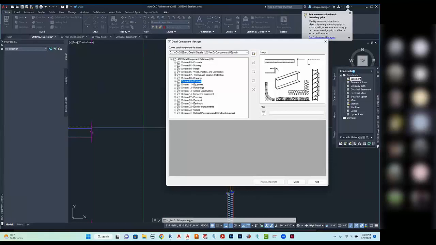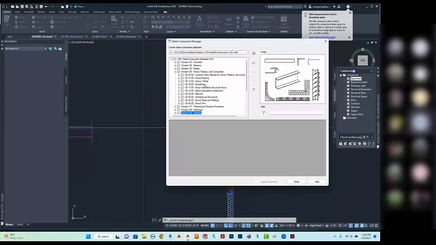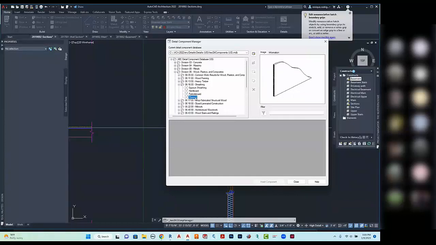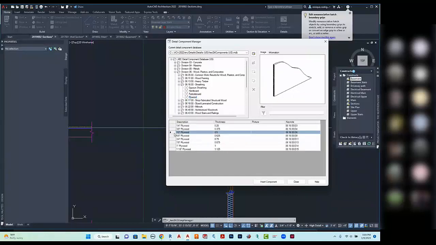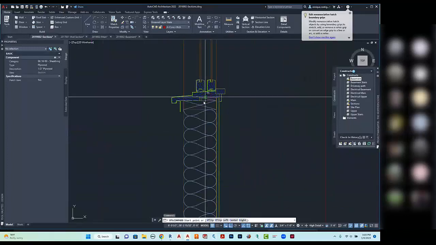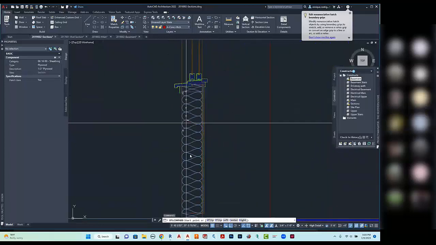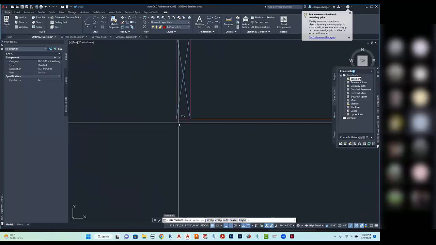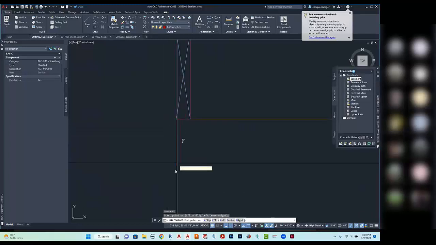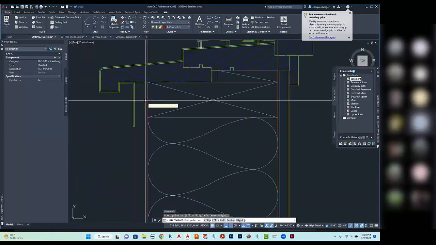It is going to be division 6. Go to sheathing again. Plywood, 1/2 inch plywood, insert component, and I guess we could start at this point down here and stretch ourselves up